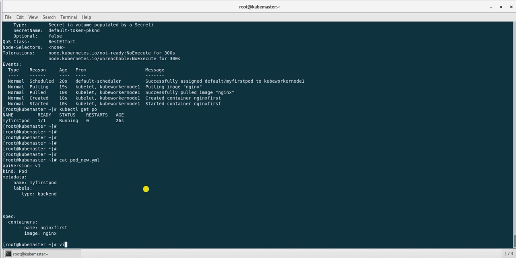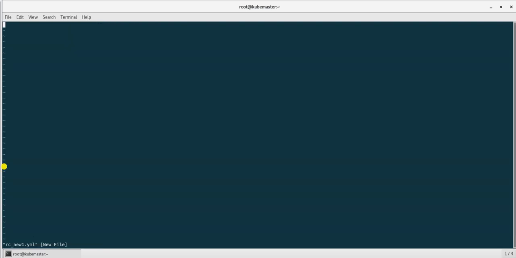So just go to the replication controller new one.yaml. We will create a replication controller by using this template. So first create the replication controller spec file. API version syntax is similar, v1.